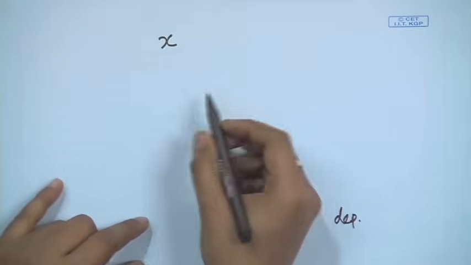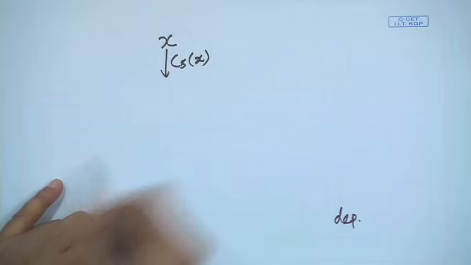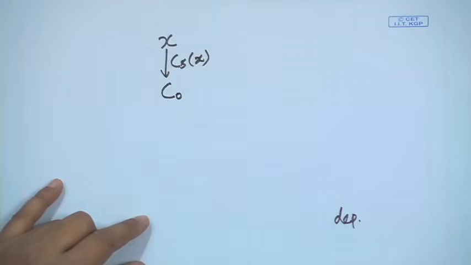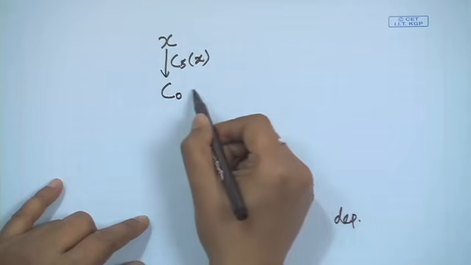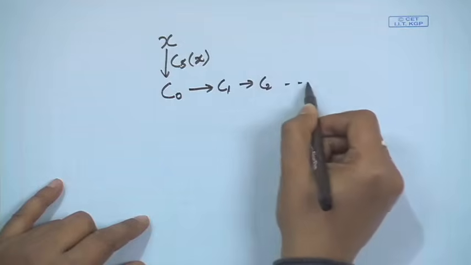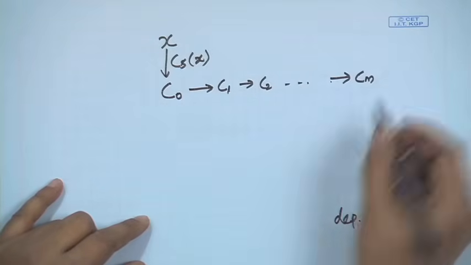You have an initialization function, you apply this function over X and you get a configuration C0. Now, you keep on applying various operations and get C1, C2 up to Cm, and Cm is in the set of